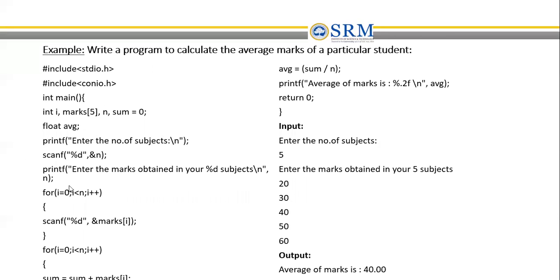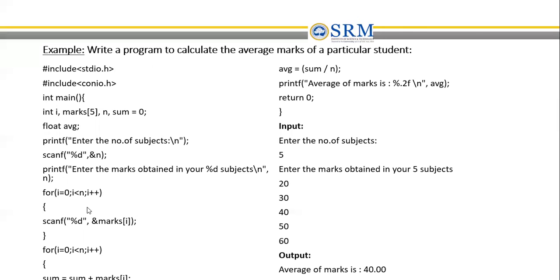You are going to get the marks one by one, and this is where the array concept is implemented. Using a for loop, I starts with 0. I should be less than n, because the array starts with 0, so it will always end at n minus 1. And your incrementing counterpart is I plus plus.